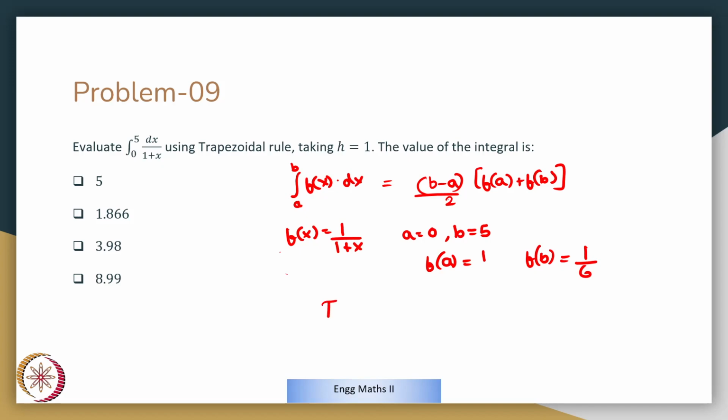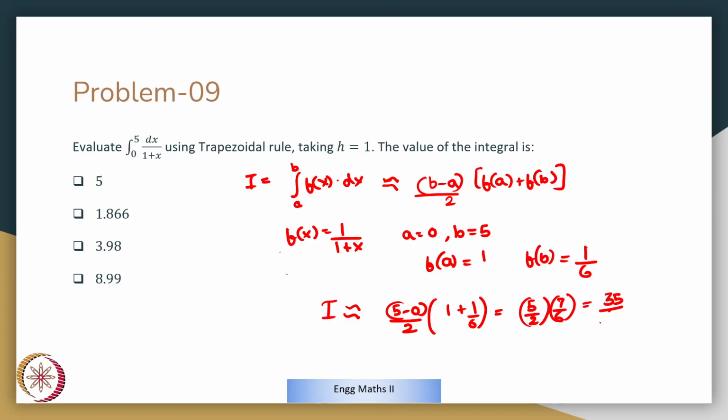So my integration is approximated as 5 minus 0 by 2 into 1 plus 1 by 6, which is 5 by 2 into 7 by 6, which turns out to be 55 by